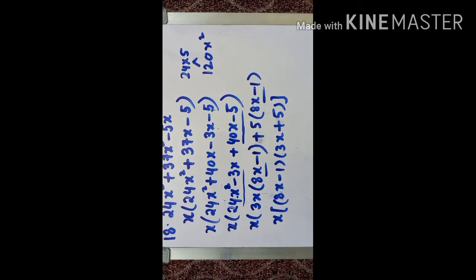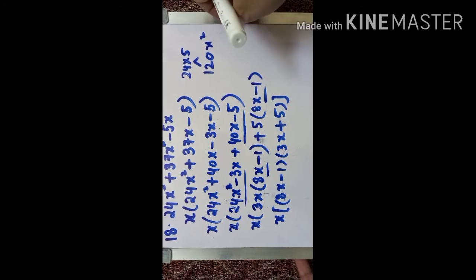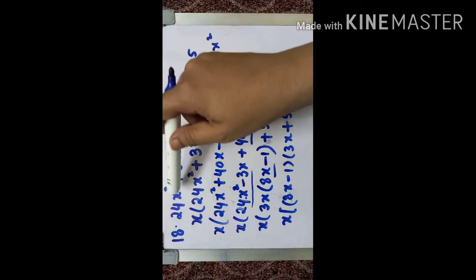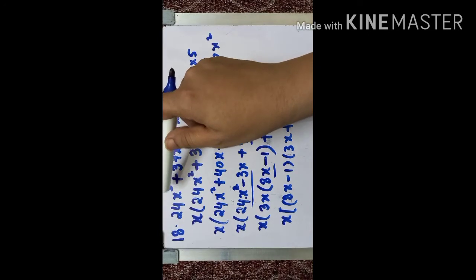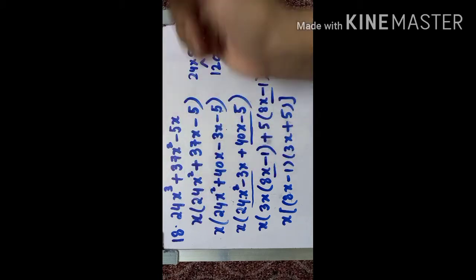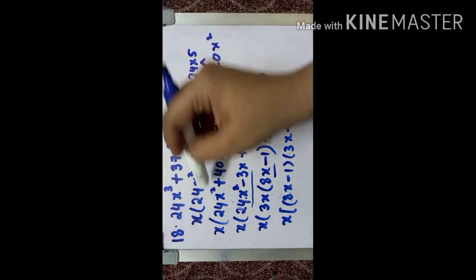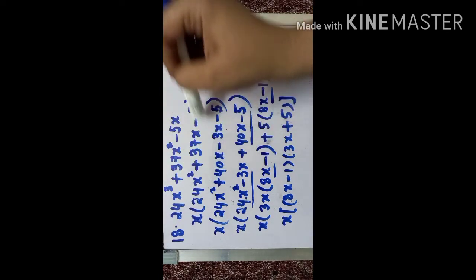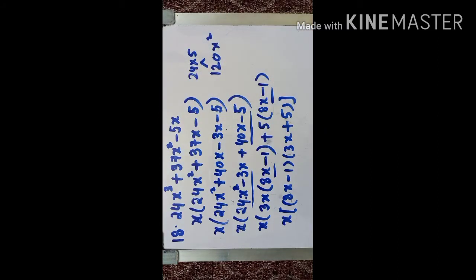So this is how you have to do. What change you have seen in this problem is just that it started from cube, x square and x. So it is easy for you to take x common. If you take x common, then you will get in this form, then you can further solve it by keeping the x as it is.